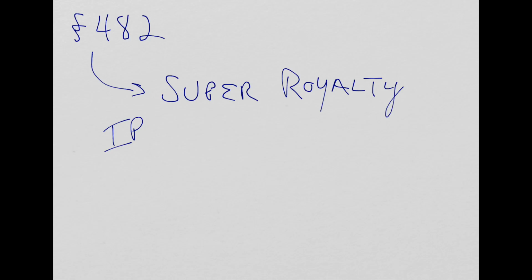It's constantly changing, it's a contingency, so it's the ability of the Internal Revenue Code to capture what turn out to be super royalty intangible property yielding